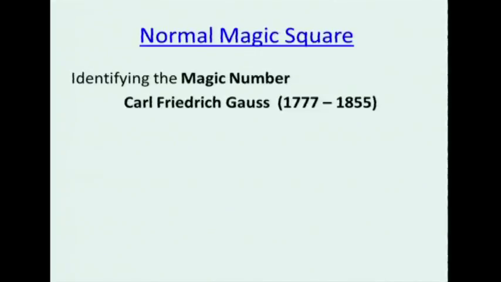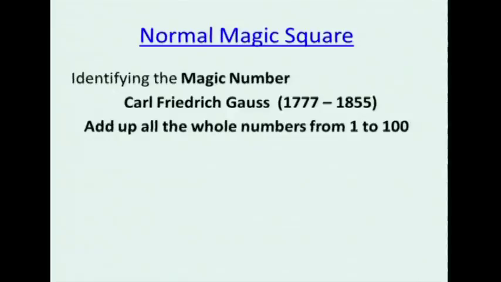As the story goes, when Gauss was in grade school, he was asked, along with all his fellow students, to add up all the numbers from 1 to 100, all the whole numbers. And as the story goes, the teacher sat down at his desk hoping to relax for the next half hour, 45 minutes while all the students added up 1 plus 2 is 3. Okay, so then 3 plus 2 and on and on.